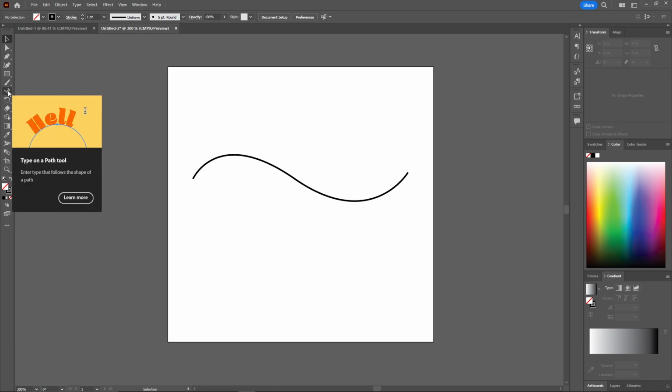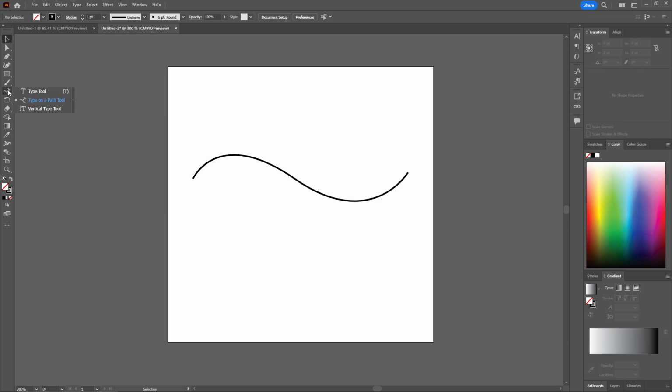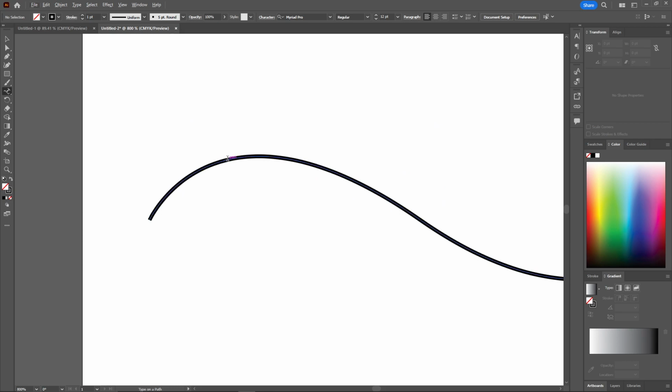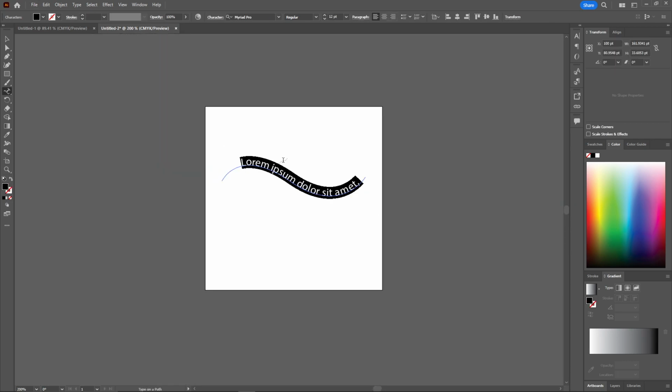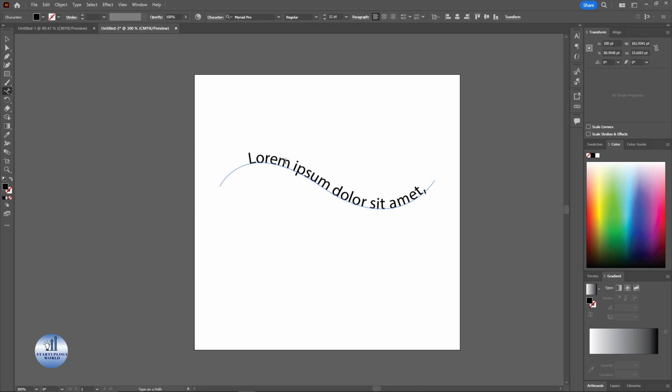You can simply select it by going to the type tool and click on the right here and select this. And now to write a text from here, you need to zoom in and click on the path. And there you go. And now from here, you can type anything you want. For example,